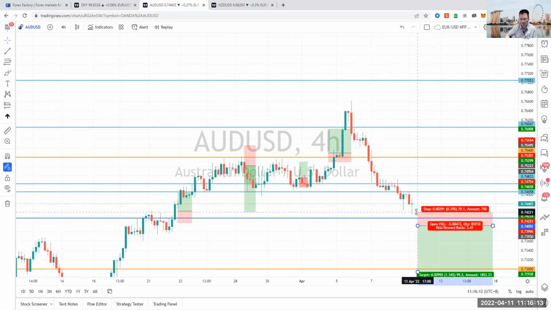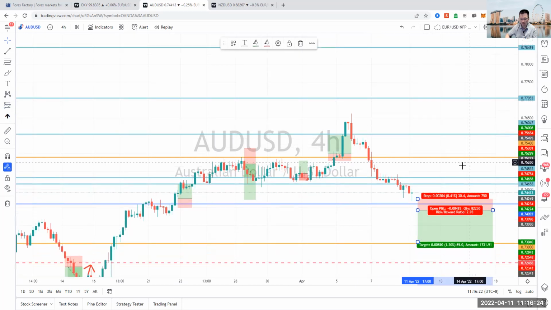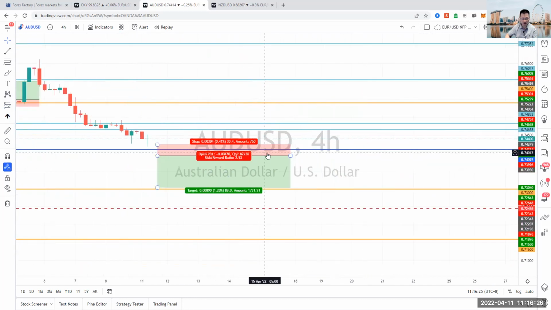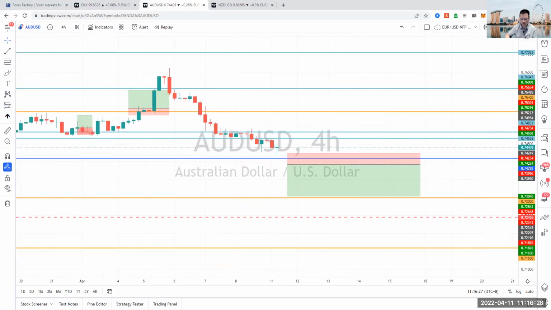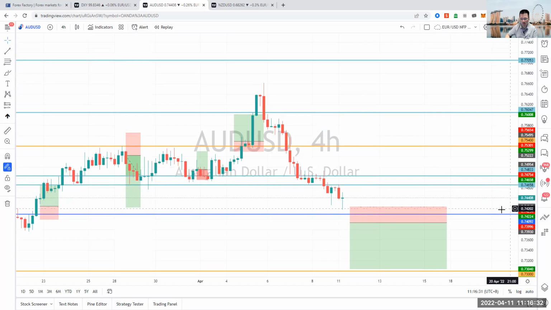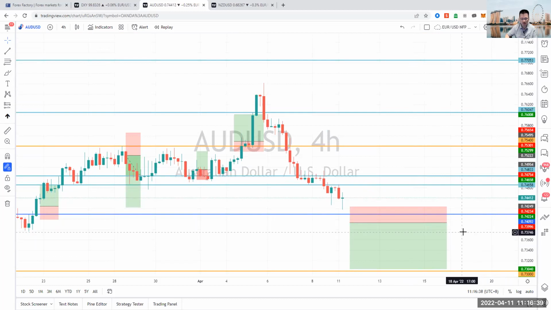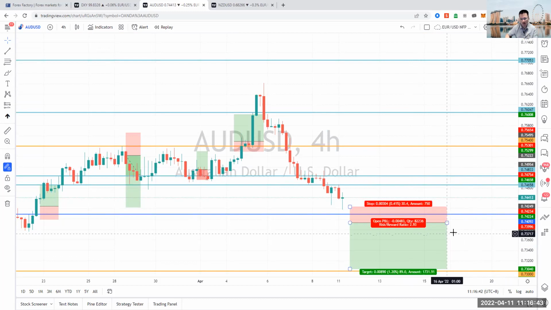You would have a 30 pip stop loss, and almost a 90 pip take profit level towards that 0.73 support level. Zoom in there for you to have a look. So what you can be looking for is selling opportunities below 0.74, 30 pip stop loss, 90 pip take profit, a 1:3 risk reward ratio towards the downside for the Aussie dollar on the H4 time frame.